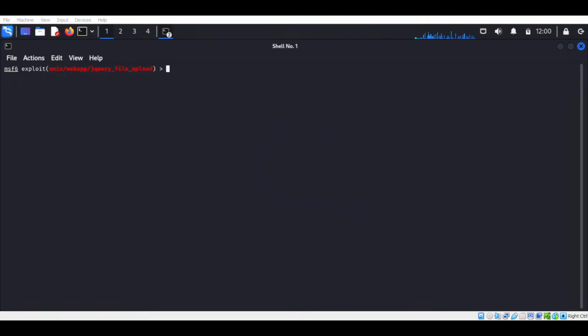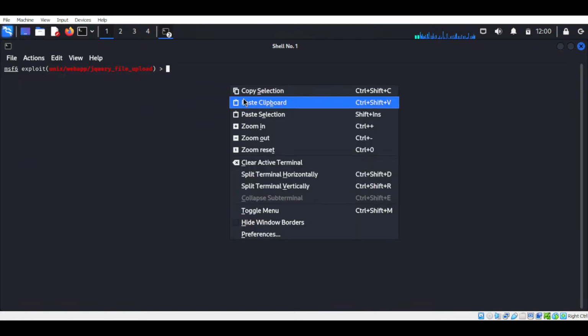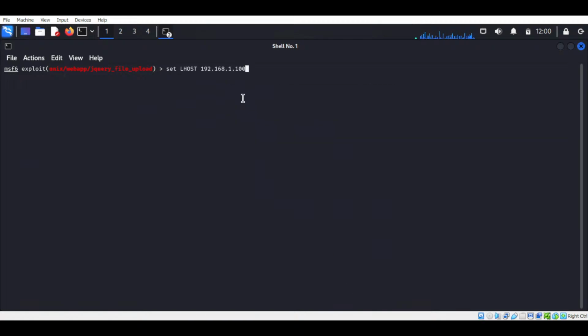So let's change this one thing. Here just type 100 and type -192.168.1.200, hit enter. Okay, now we need to copy lport. If it shows some error, just type like that and hit run. Now after typing this, I check what's